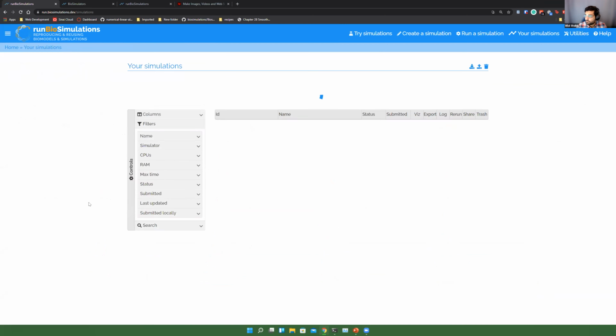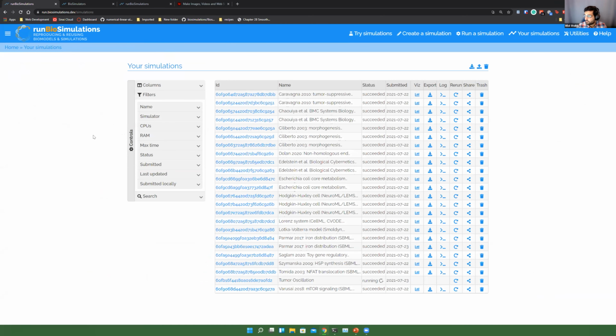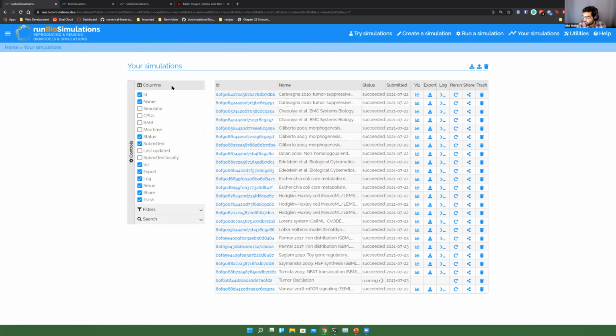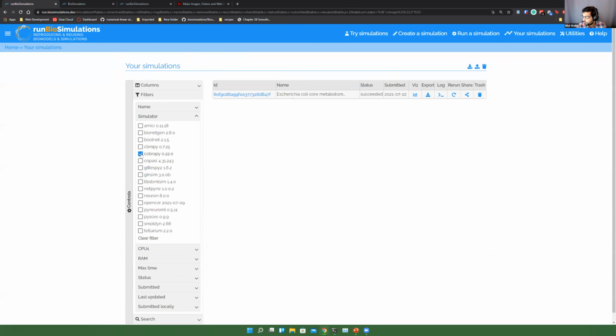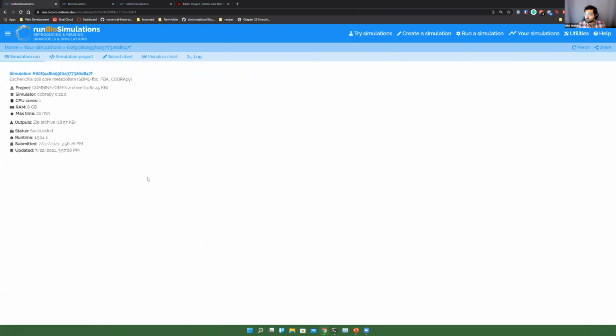So now I'm going to go back to another simulation, which actually shows this idea of creating custom visualizations a little bit better. So I guess while we're here, we can demonstrate the ability to have various models that you have run, as well as filter them based on various parameters. So what I'm looking for right now is a simulation that I ran through. So I'm going to click on this one.